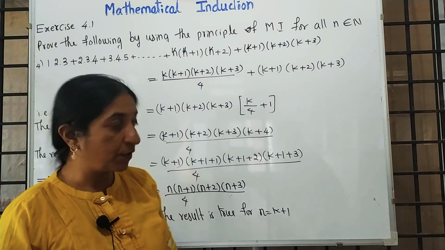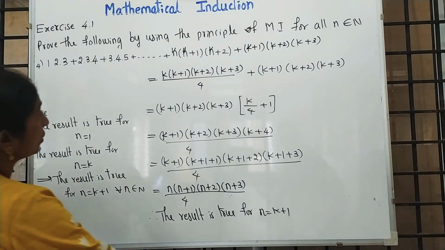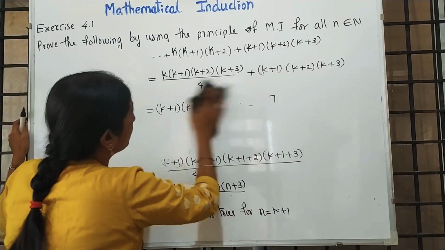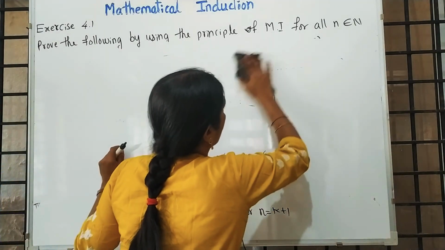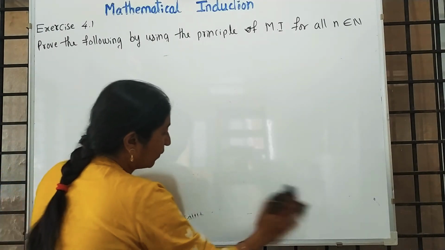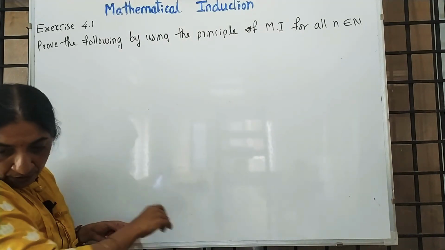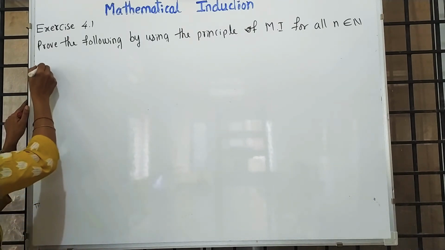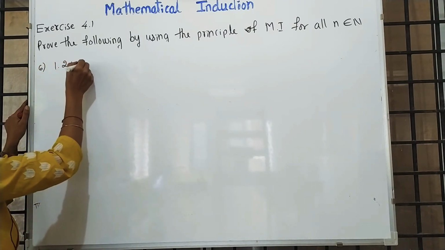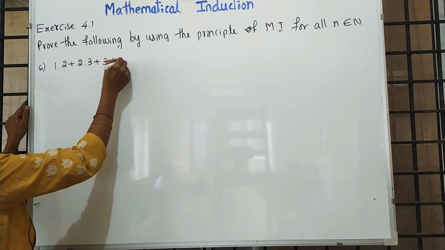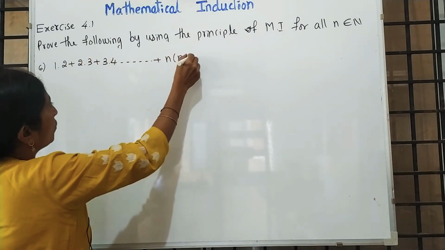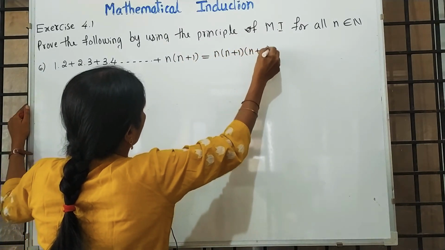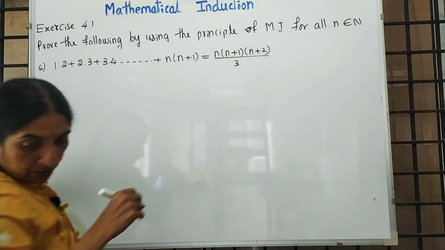See, is the sum very simple or what? Yes. Moving to the next question, the next similar question I will give you as a homework. It is exactly similar to this fourth one. In the fourth one, we have 1 into 2 into 3. Now, in the next homework question, we have only 1 into 2. That is, sixth one is a homework. 1 into 2 plus 2 into 3 plus 3 into 4 plus continuation n into n plus 1 is equal to n into n plus 1 into n plus 2 divided by 3. This is a homework question.